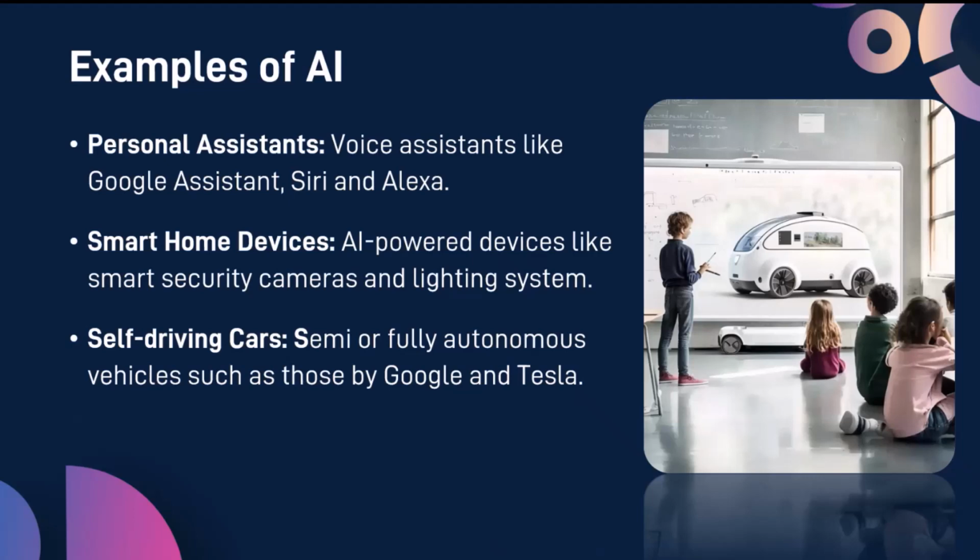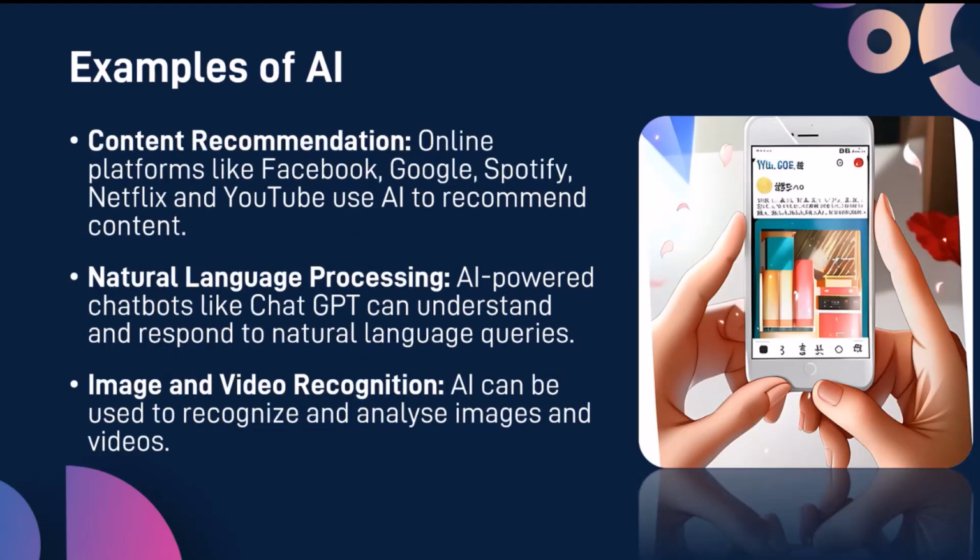So that's an example of artificial intelligence. Then we have these smart home devices, which are becoming very, very popular at home, which basically can automate some tasks for us, like switching on lights. And basically, they can recognize our voice and respond to commands. Again, they are using artificial intelligence to recognize our voices and process those commands. There are the famous self-driving cars. For example, Tesla is a famous example of this, and the Google car, which are cars which can drive automatically without the need for a driver to intervene as well. So that's also another form of artificial intelligence.